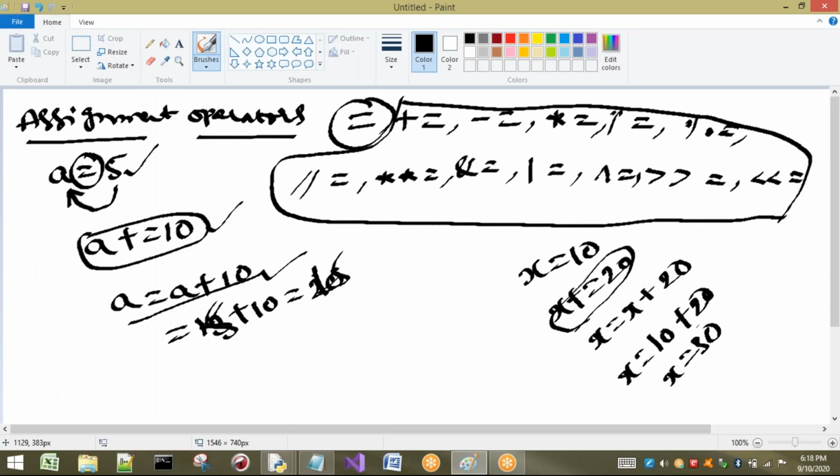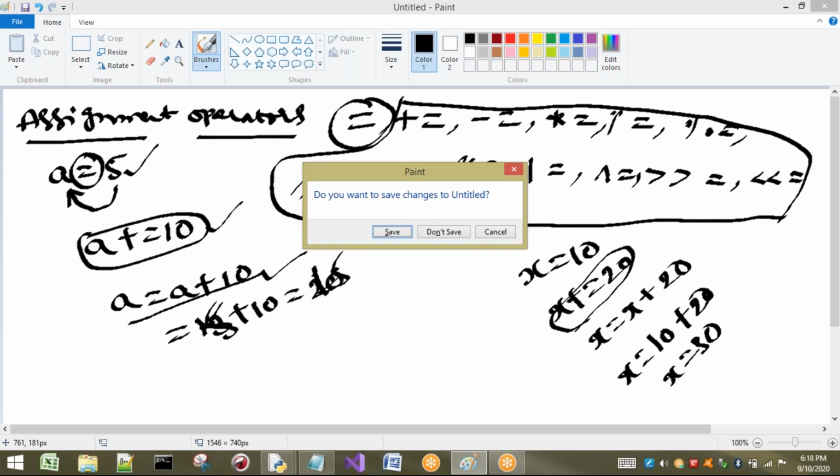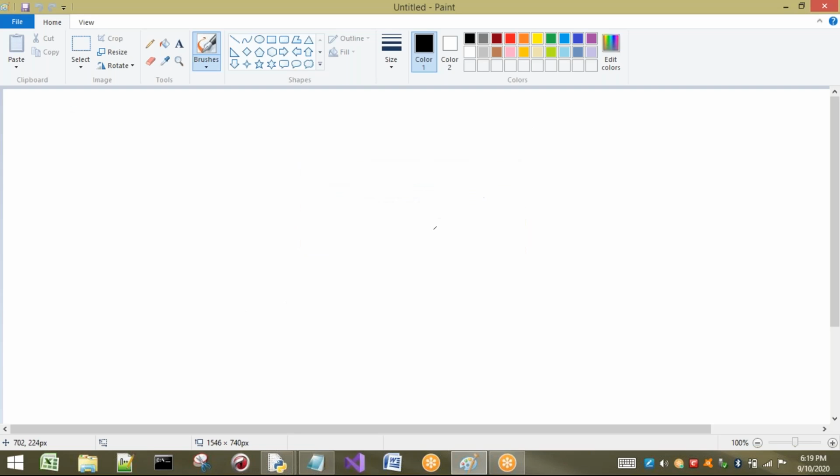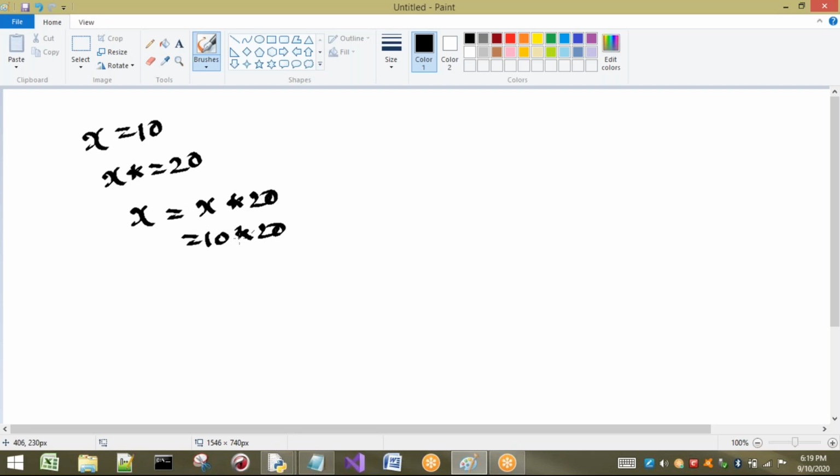In the same way, if you perform any of the operations, the remaining are all the same case. If you consider any of these, it is going to perform the same thing. For example, I consider x = 10 and x *= 20. It is nothing but x = x * 20, which is 10 * 20, nothing but 200.